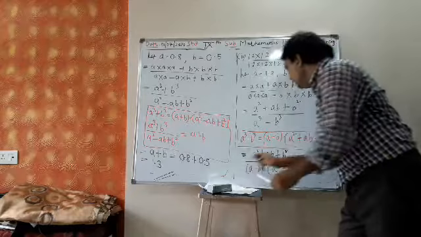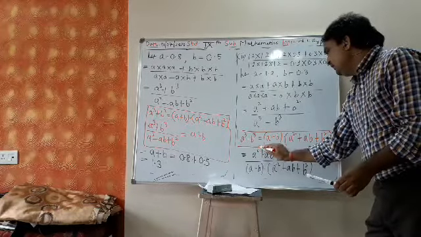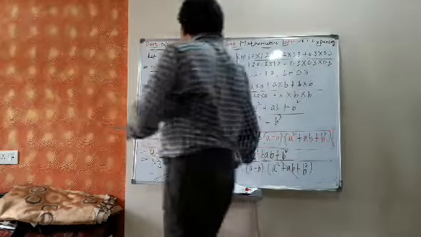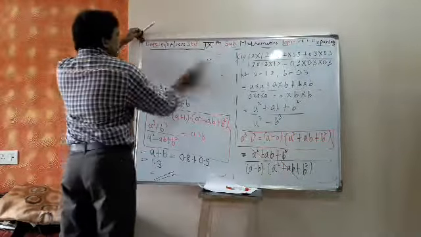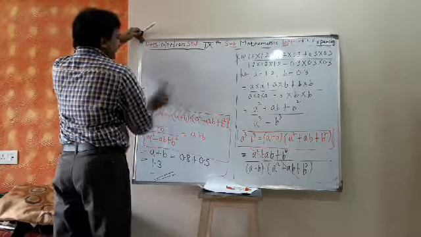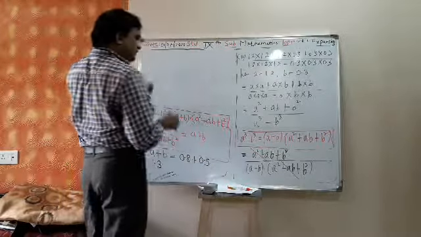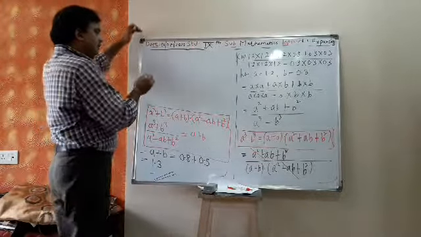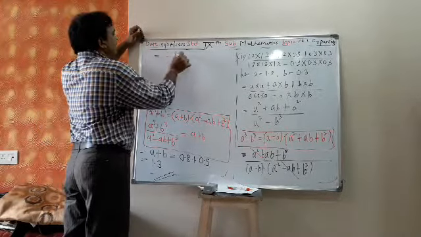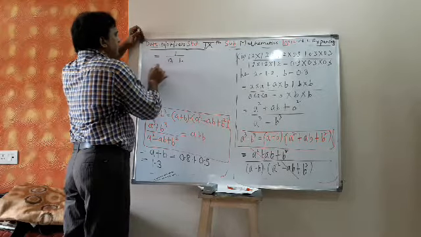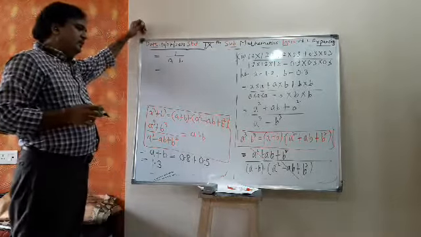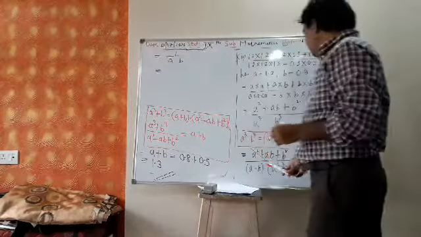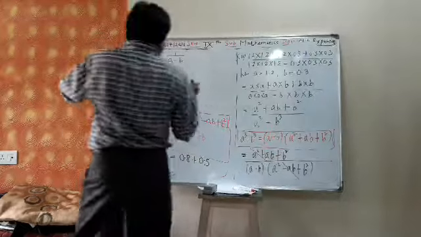Does not matter. Now this numerator gets cancelled with this term. Are you getting? Numerator is a square plus ab plus b square, and in the denominator we have written the formula for a cube minus b cube. So what is left? 1 upon a minus b is left, no? Are you getting? Yes, 1 upon a minus b is left.